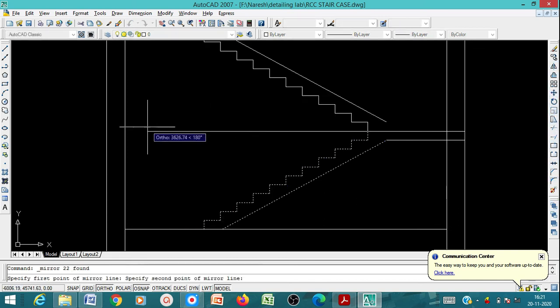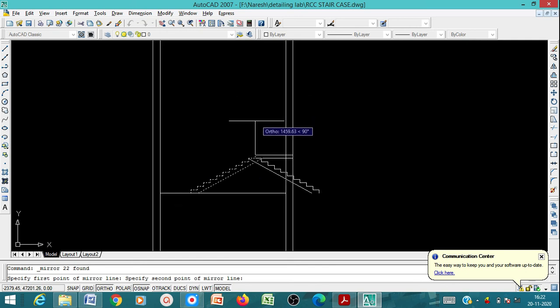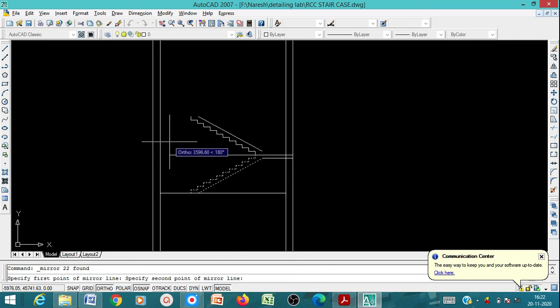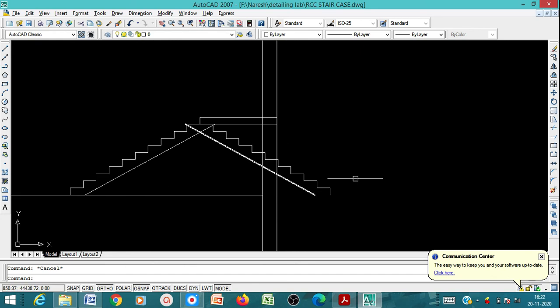So you mirror it. If you mirror it, I think it's not possible here. With the reference you have to mirror it. Yes, this way you can mirror it.